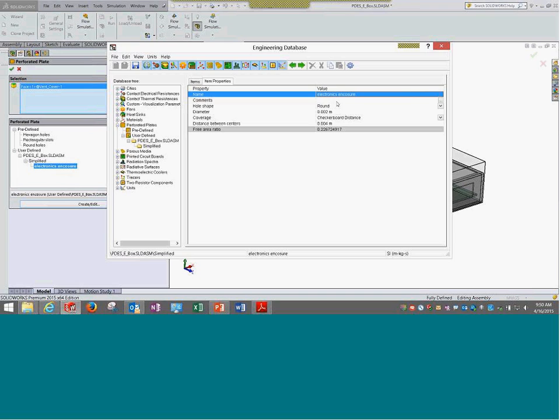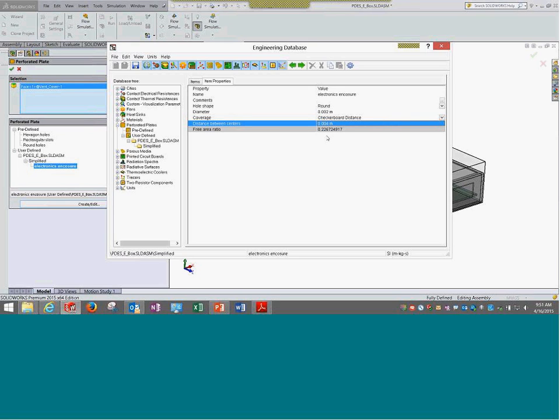So one is name, that's fine, comments, hole shape. Now this is important. For the perforated plate, we have many different kinds of holes that you can expect. It could be round, rectangular, polycomplex, etc. So we decide what kind of hole it is, specifying the diameter of those particular holes, and then the coverage. Check out distance, or I think I'll show it through an image. I'll explain it. Between the centers of those holes, I believe it is explanatory, and free area ratio,